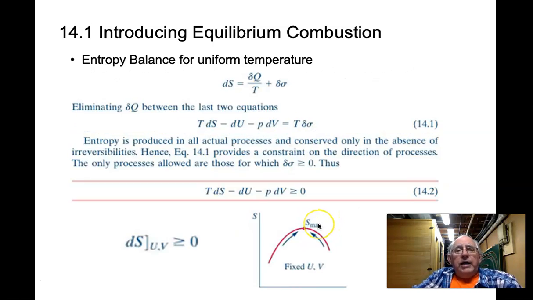Now we can also utilize our second law of thermodynamics, and our second law of thermodynamics related for us the concept of the property entropy, and how entropy was related to that differential change of heat transfer occurring through the boundary at some temperature T. And so we saw that when we had a uniform temperature system, the heat transfer amount divided by the T was then related to the change in entropy with an additional term that corresponded to irreversibility. And we called that delta sigma, or the